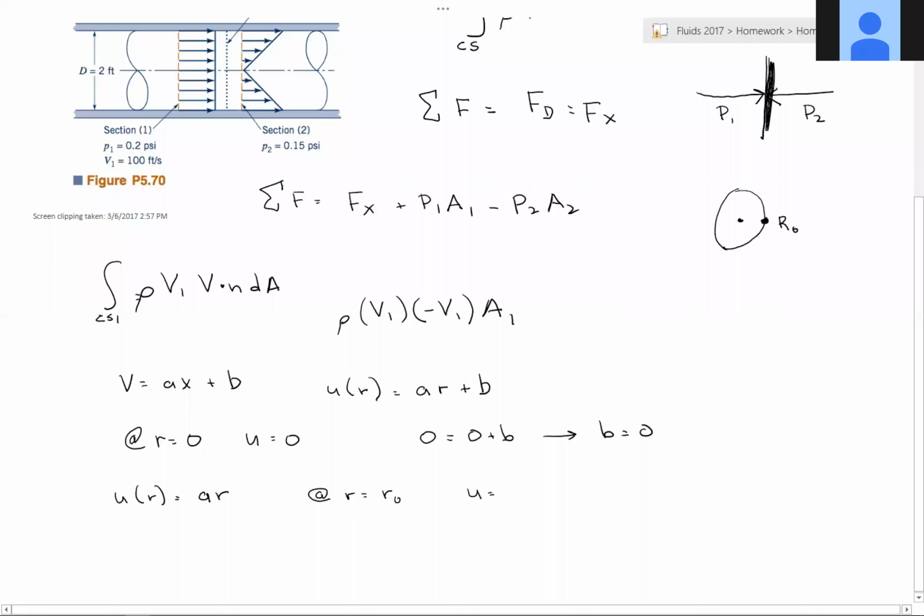So you could call it U max, you could just call it U. We don't know it, and we're going to have to find it. So we're going to say that this is our maximum velocity. And so what that ends up being is U max is equal to A times R0. And therefore A equals U max divided by R0. And so now we have our velocity profile,